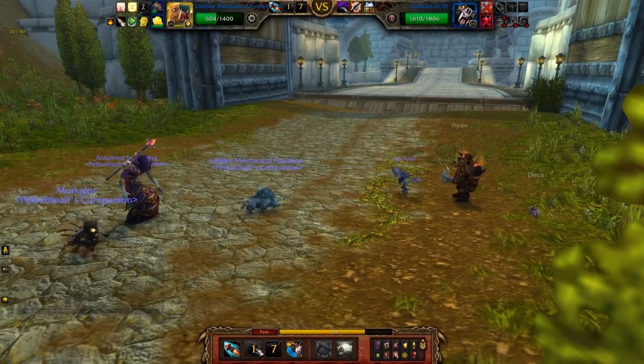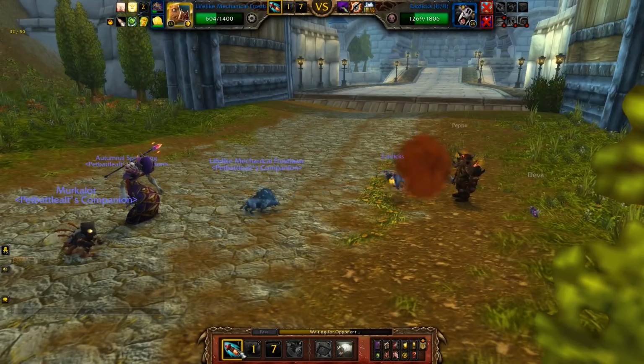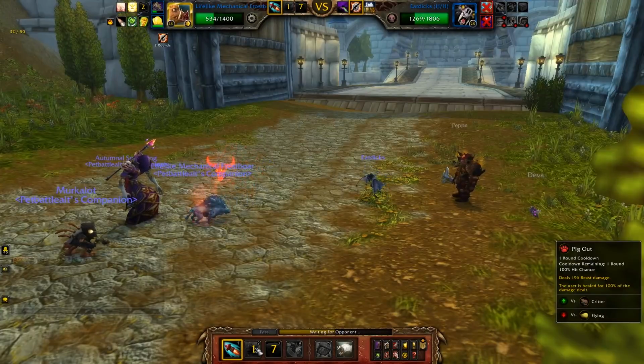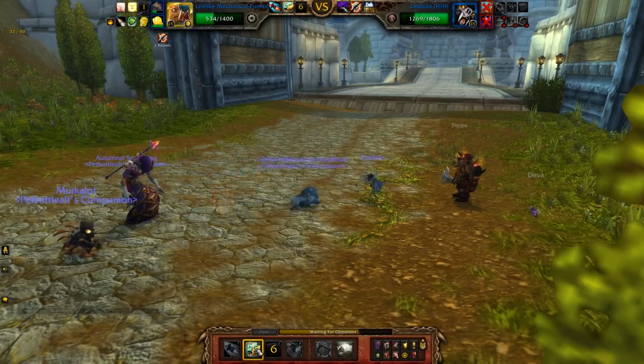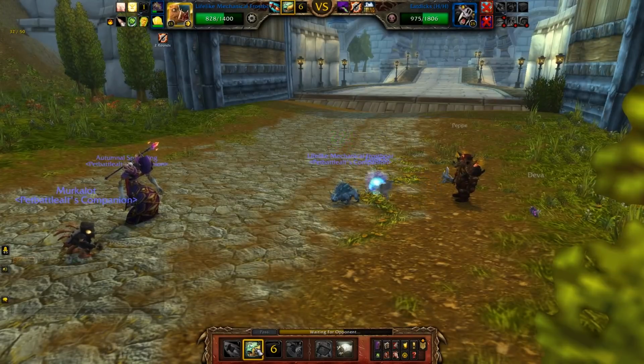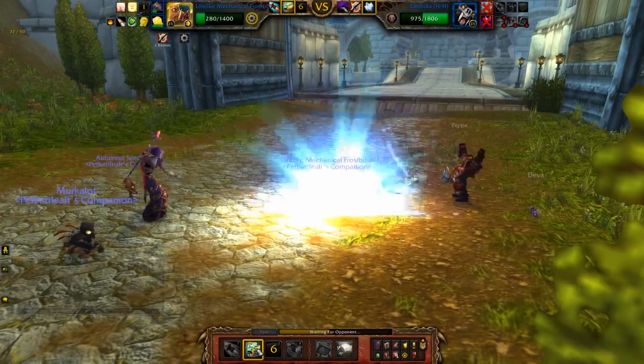So, situationally, their racial can be valuable, especially against Call Darkness. Not having that chance to miss is very nice, and also not being affected by the healing reduction is very strong. First up, we have the Nightshade Sproutling, and for this guy, you're going to want the Speed Breed, and